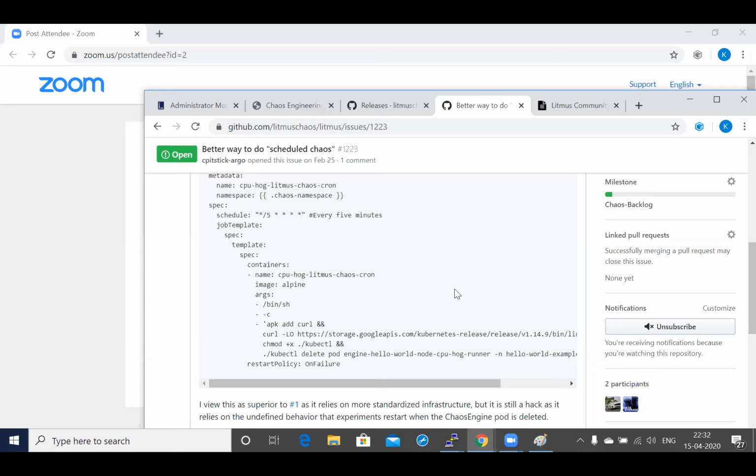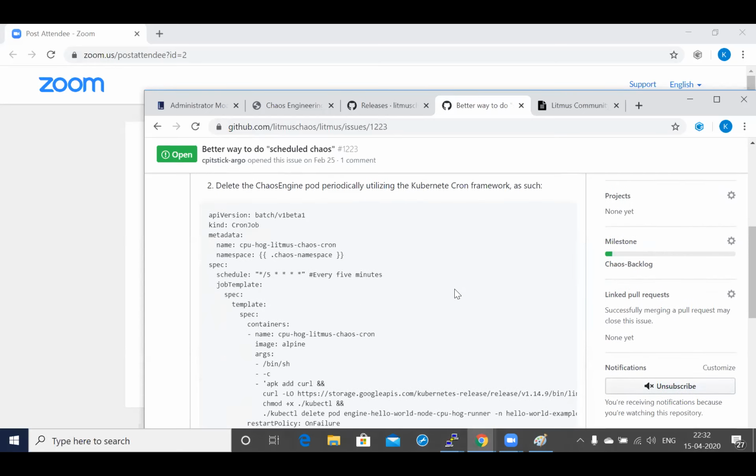So this is how it is shaping up, and it might be a separate custom resource. It might probably not fit into the chaos engine, but might actually be a resource in itself, which might work alongside the chaos engine. Yeah, that's a rough explanation about how we are headed, and this should make an appearance at least in alpha state for 1.4. Got it.